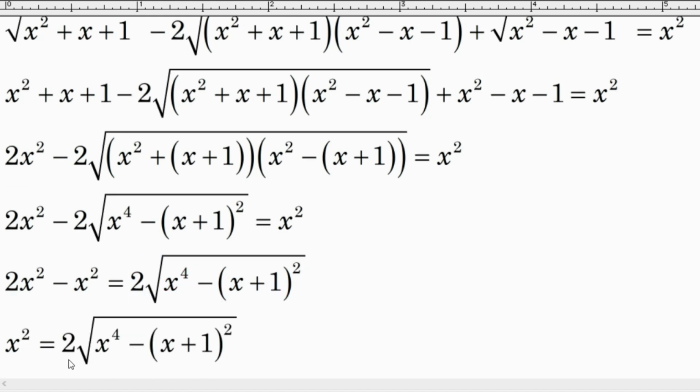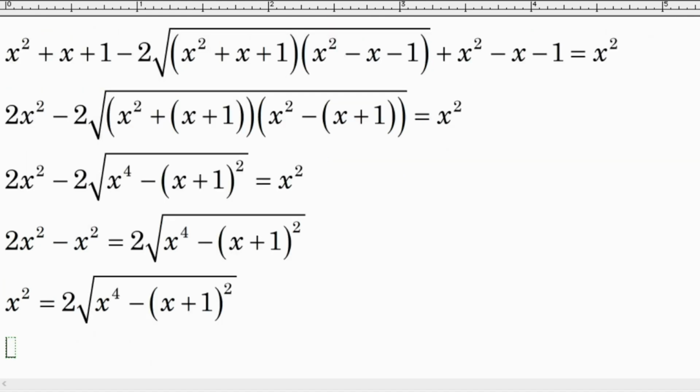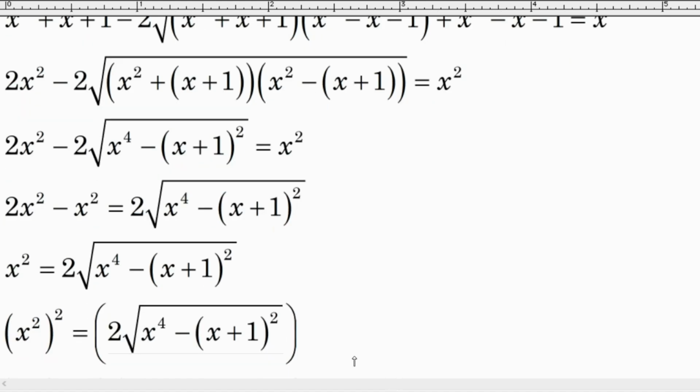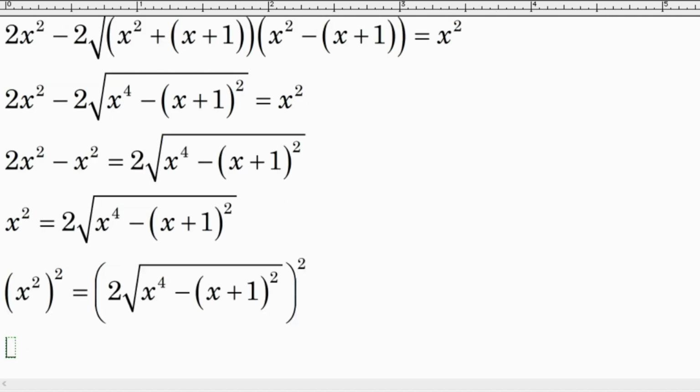All right, so the next step, I have to get rid of the square root again, so we have to square both sides of the equation again. So now we will get x squared raised to square, okay, and then equal to, so then we will get this side also raised to square, okay. All right, so now here we have x squared raised to square, we will get x to the power 4